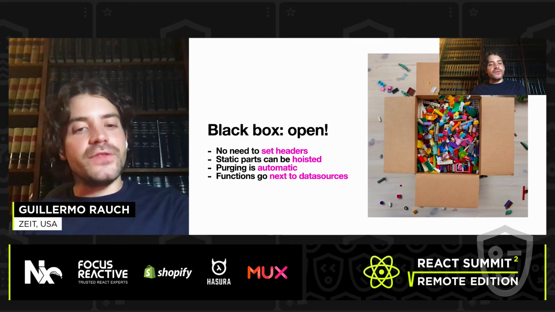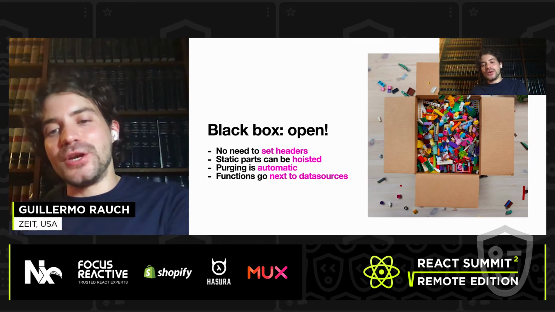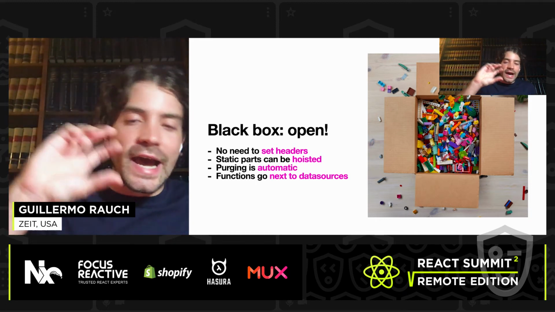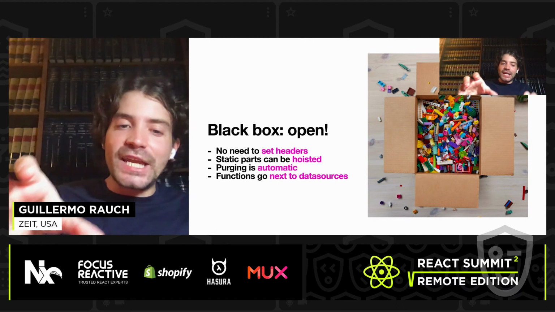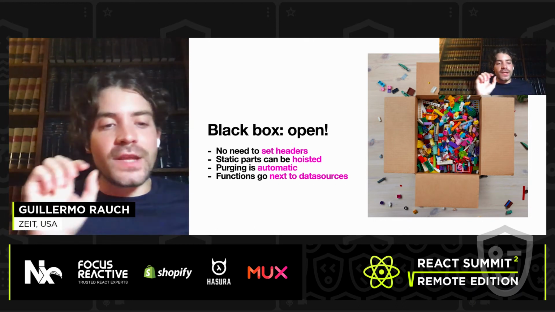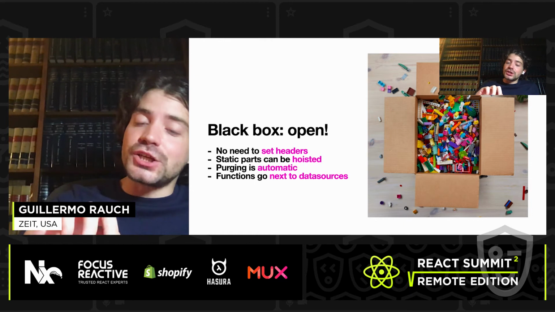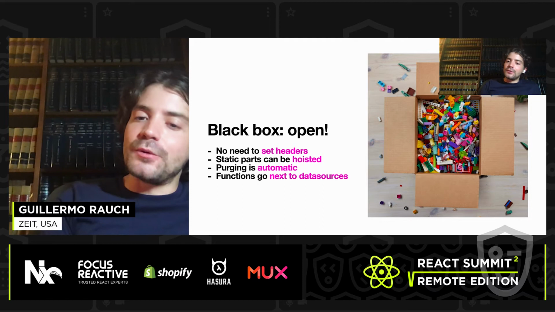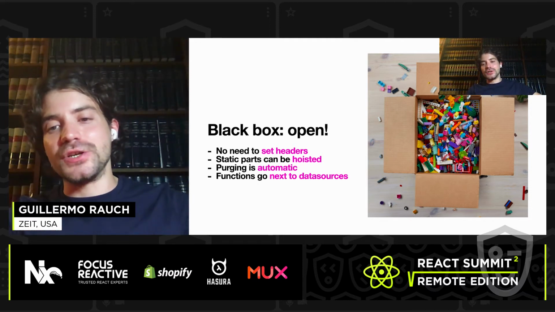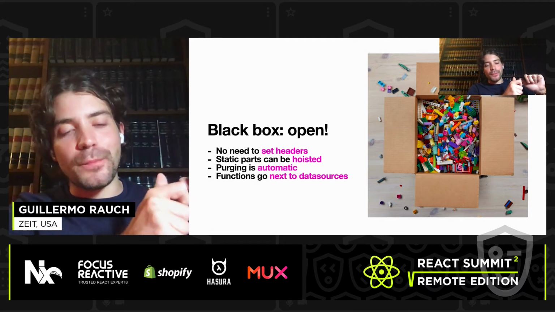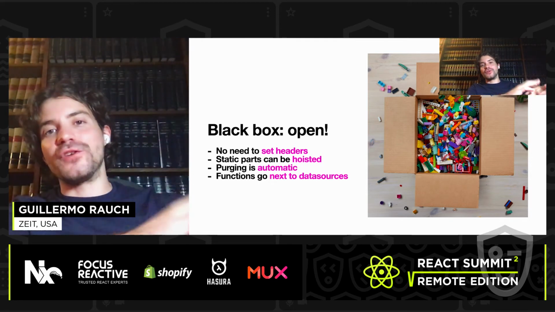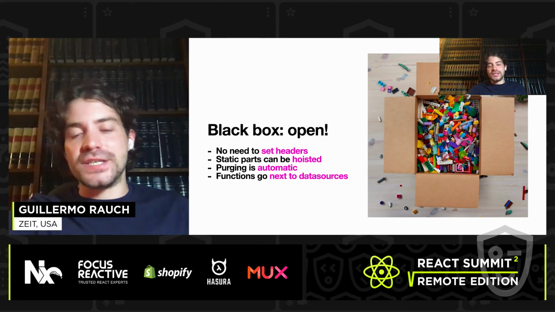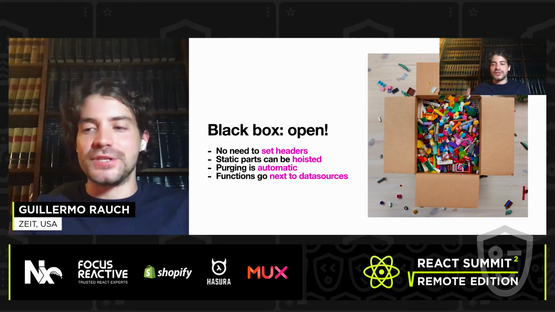So as a result of this better architecture, the developer experience and the deployment and DevOps experience also improves because I don't need to configure anything. The static parts can be hoisted. The purging is automatic, and functions can be co-located next to data sources. And typically what happens as a result of adopting this architecture is that the actual maintenance and overhead that you have to do over the deployed artifacts is basically null because, again, your application is just this super stateless, super simple, super static asset